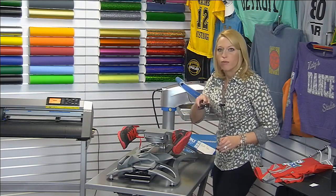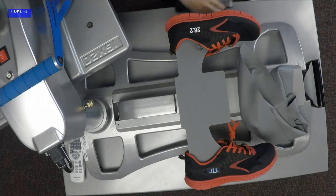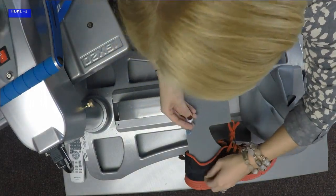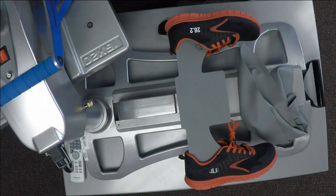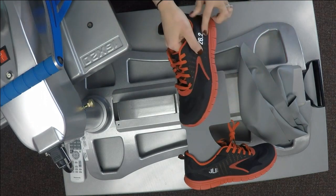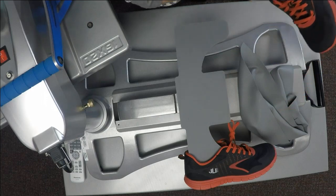And I'm going to switch camera angles as well so you guys can see as I'm peeling this, I think. There we go. I'm just peeling off the heat seal tape that I used to hold that down, as well as the carrier. And then we've got two personalized shoes. And the reflective is just one of the different finishes that you can create with the shoe platen and heat